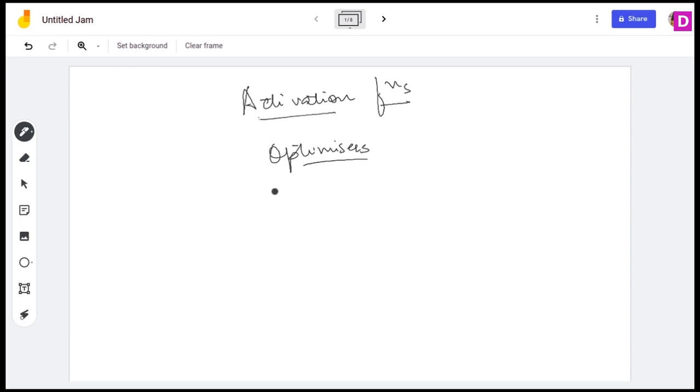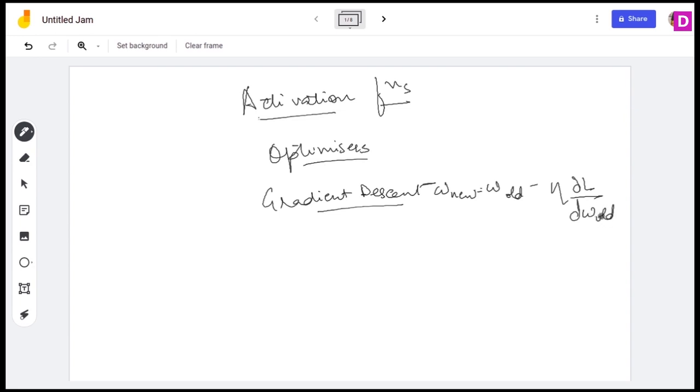We have already discussed one optimizer, gradient descent. If you do not remember, I recommend going back a few chapters and learning about gradient descent, where I have talked about this in more detail. But let us go and write the formula for gradient descent. I hope this helps jog your memory.